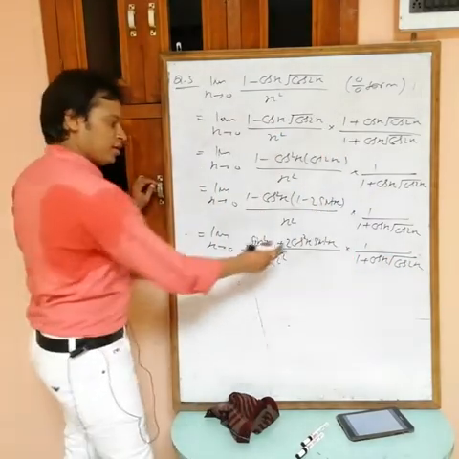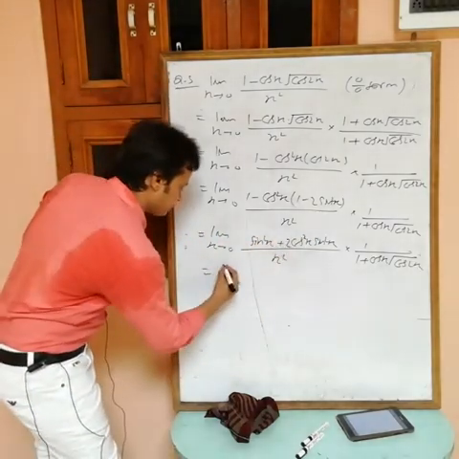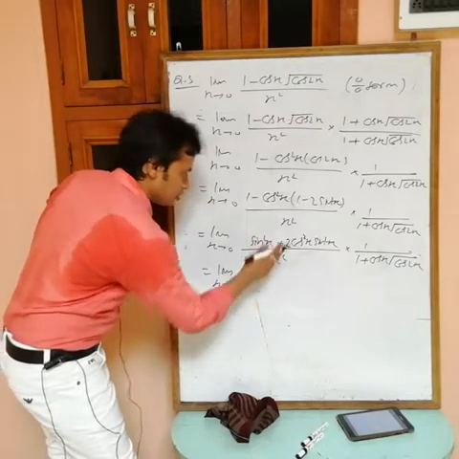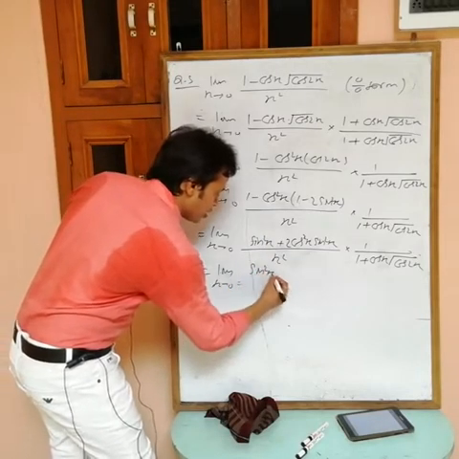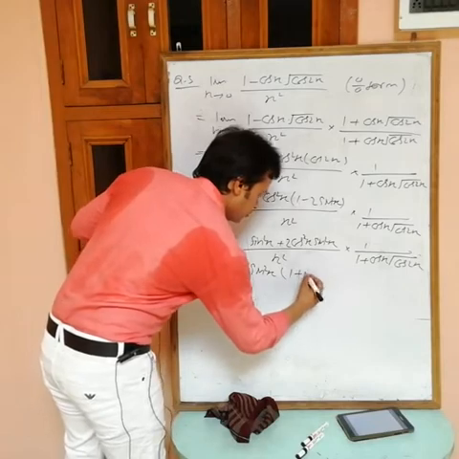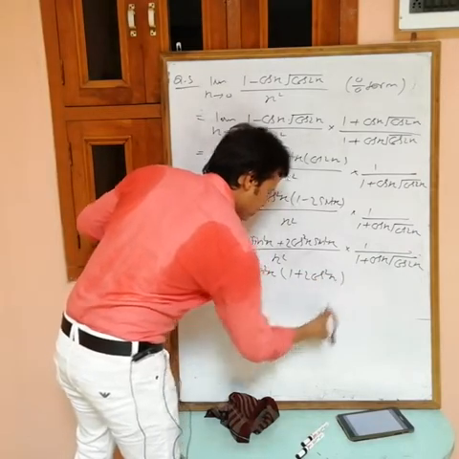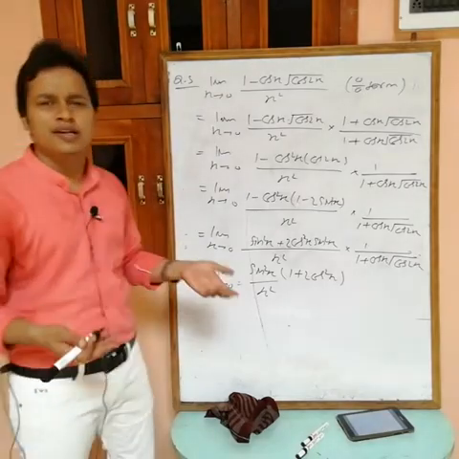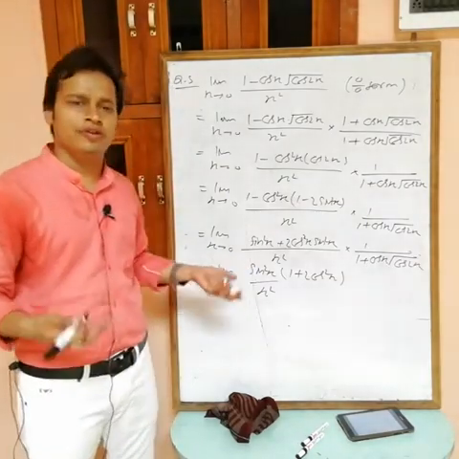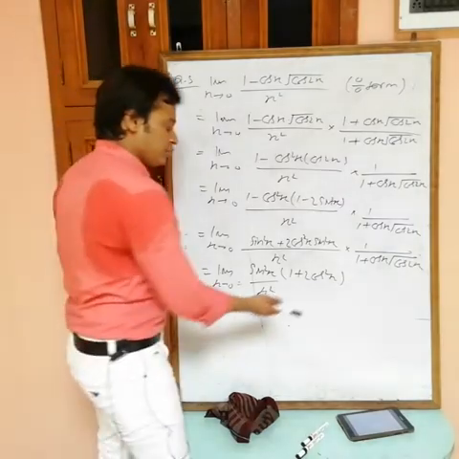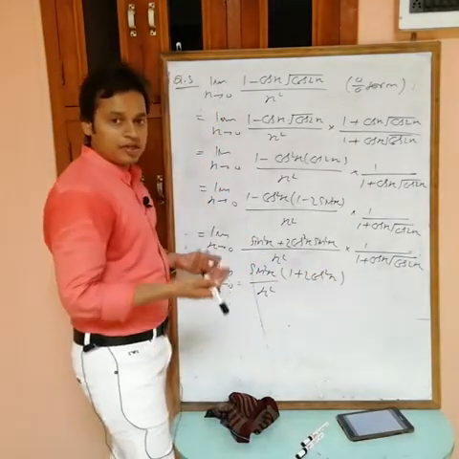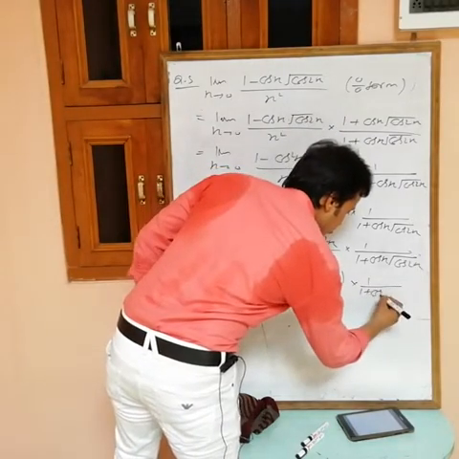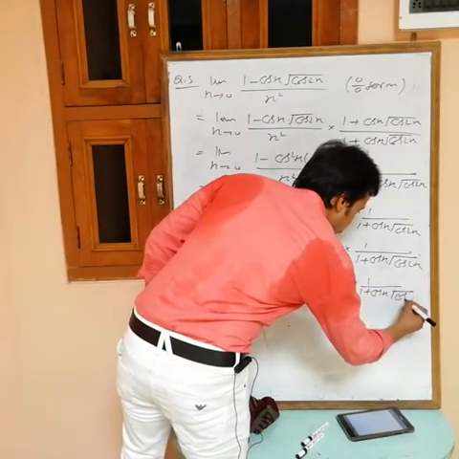Okay, now you can take common sin square x. Limit x tending to 0, if I take common sin square x, what are we getting? 1 plus 2 cos square x. Now you can write the x square in the denominator of this one, because it is sin x by x whole square. Now we have the standard limit equal to 1. Okay, and this is a determinate form, into 1 by 1 plus cos x root cos 2x.